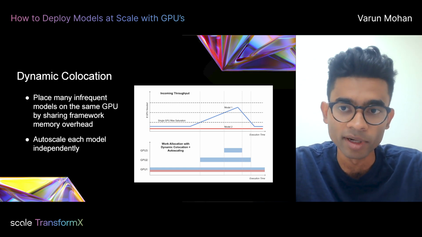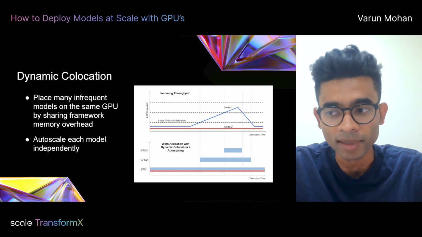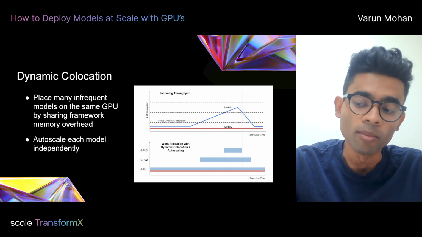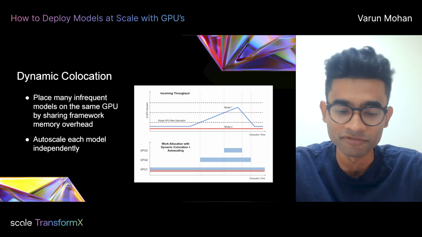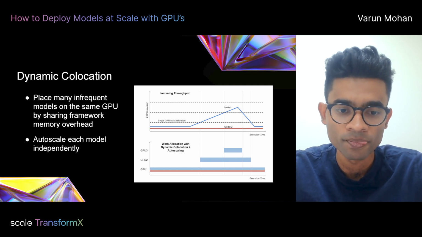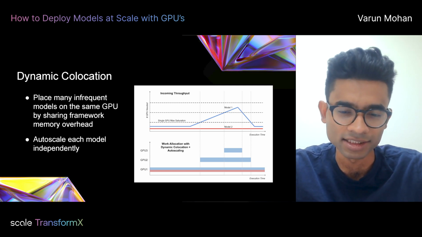Some other interesting facts are that frameworks like TensorFlow and PyTorch, just by virtue of existing, end up eating a lot of GPU memory. So you need to come up with ways of making sure that the frameworks themselves don't use a lot of memory. And then, the farthest you can go is you can even place all of the models in CPU memory and swap them in and out between CPU and GPU memory as necessary.